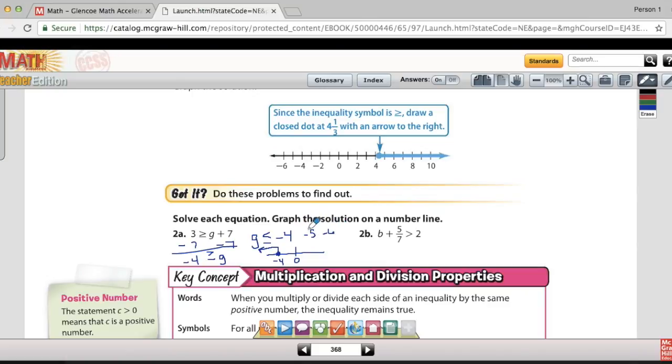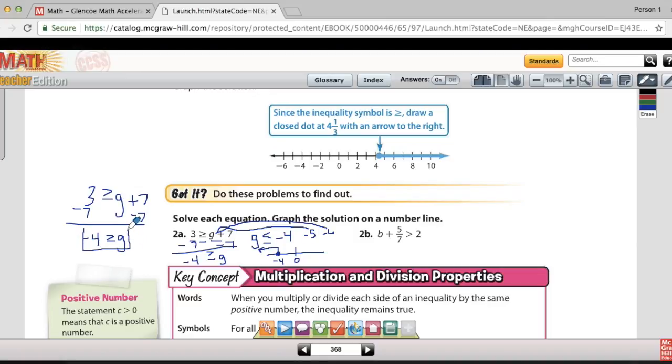Let's just check and see if that works. Put -5 in right here for g. -5 plus 7 is 2, and 3 is greater than or equal to 2. Let's try -6. -6 plus 7 is 1, and 3 is greater than or equal to 1. So going back here, 3 is greater than or equal to g plus 7. No problem with this step, but when you get to -4 is greater than or equal to g, sometimes that